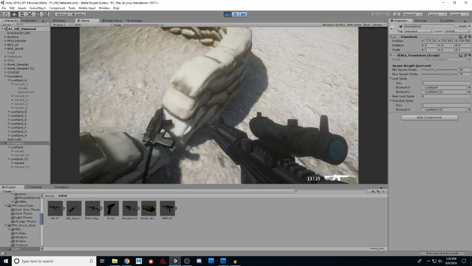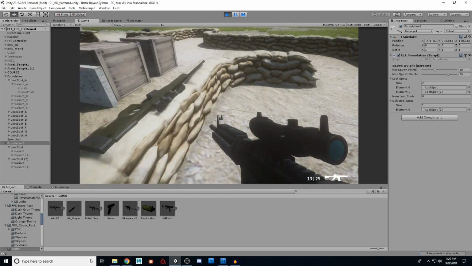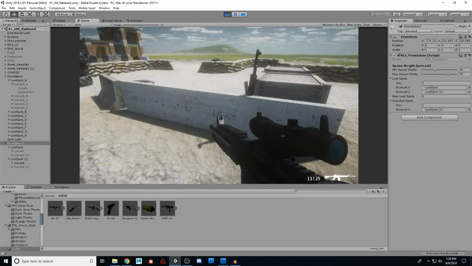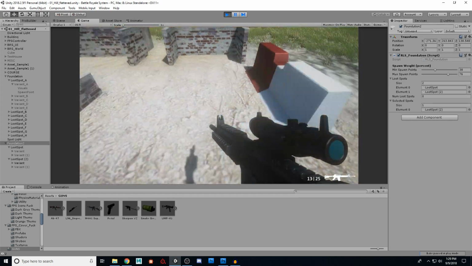This guy is pretty neat. He's resting on the sandbags. And this is one of my favorites. I don't know. It just looks cool. Run over here, pick up a sniper, and start. So anyway, we've chosen our random loot, and it's looking good, and we've proven that we can extend it with